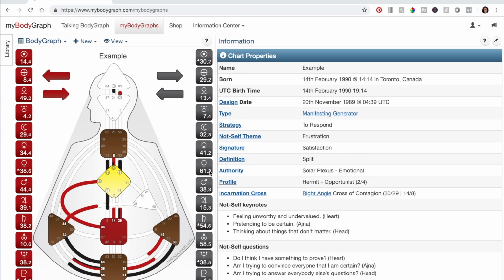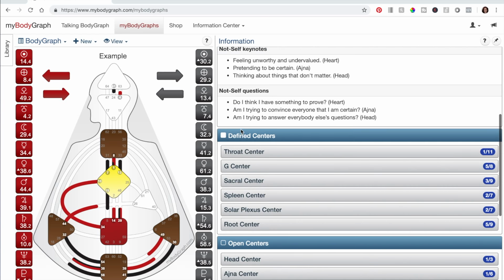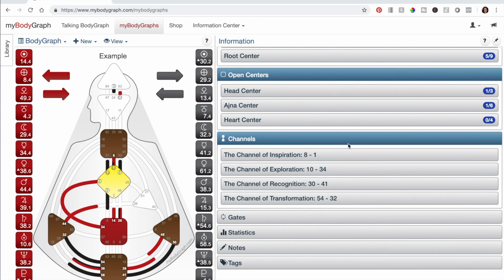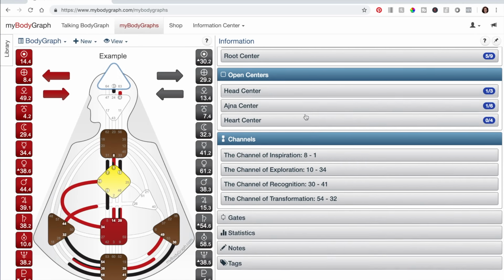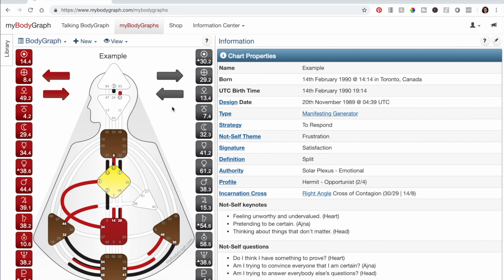So let's get back to this. When you scroll down, you'll also see that it gives you more information. And when you actually click on different parts of the chart, it'll take you to different parts here, which is really helpful. And it gives you sort of very surface level information, which is great when you're just starting, and then you can dig in more as you understand more and as you're ready to learn more.